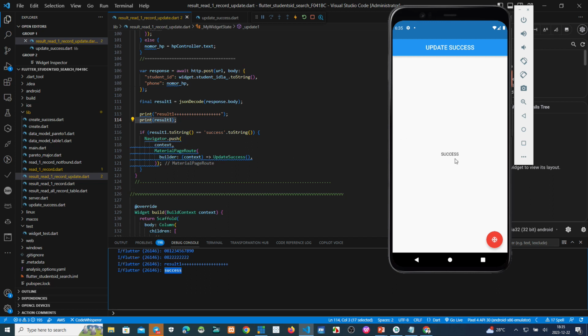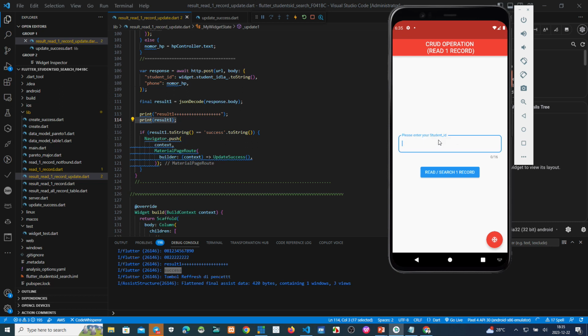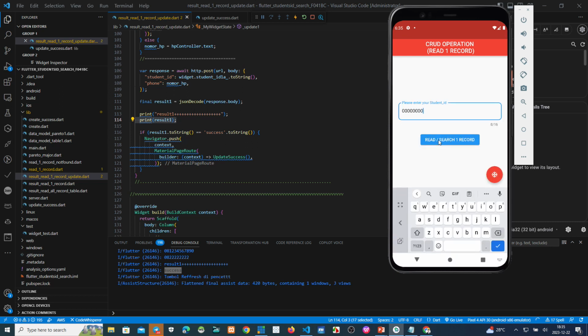Success here. Okay, we can see the class data here. Is it correct? See this one. The phone number must be 081234567890, like this.